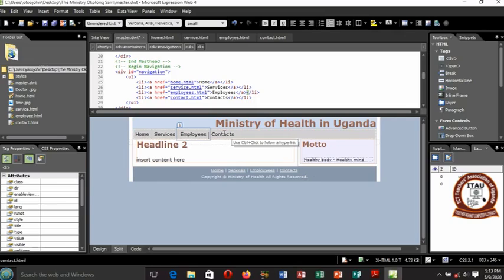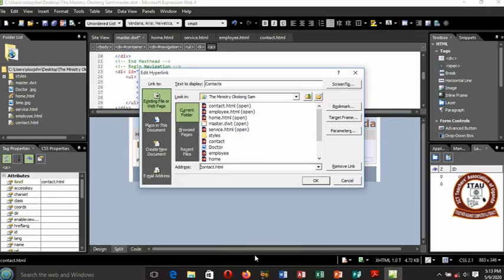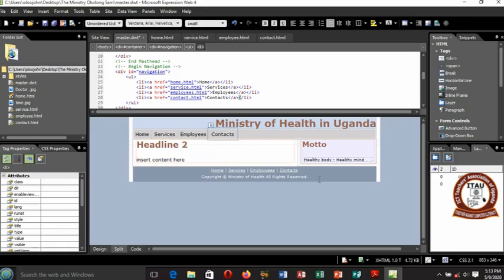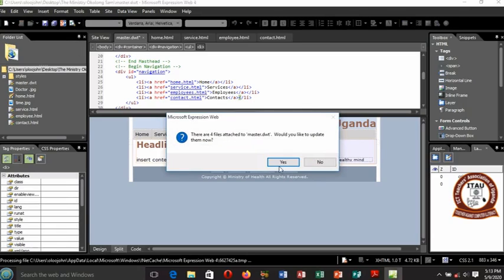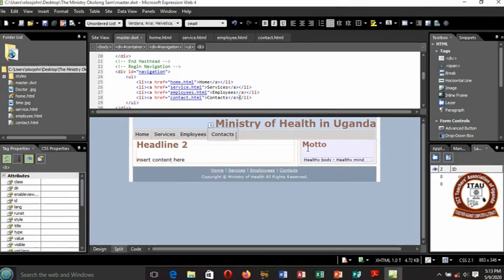Contacts to contact. After, save. Let us now close all of them and we see whether they are working. Okay, before that we have our bottom